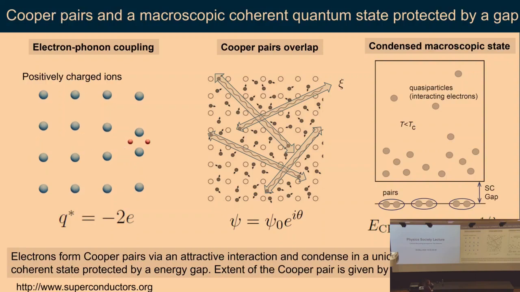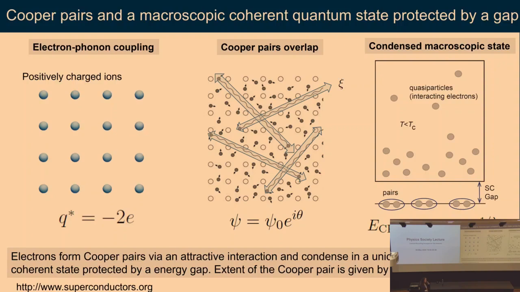And if another electron comes and passes through exactly the same path, it feels that retarded interaction from the movement of the ions. And that's what we call electron-phonon coupling,